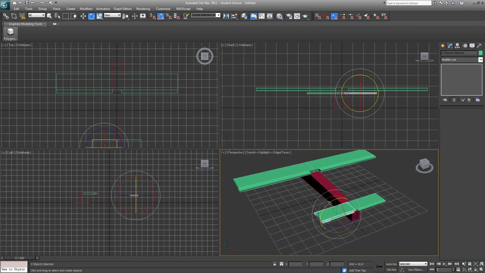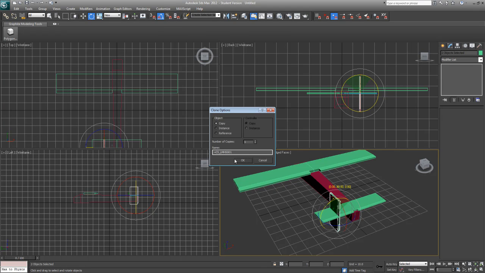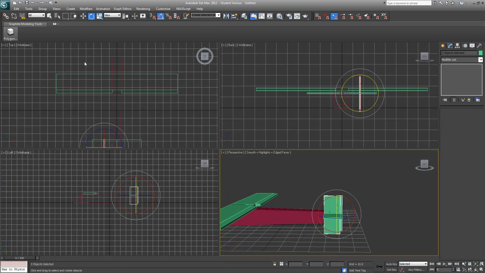So if I now grab the green handle here and I rotate it, you can see my degrees are by 5 degrees by default. But I don't want to steal this part and make it the rudder, so I'm going to hold the Shift key on the keyboard, and when I do that, I'll end up rotating a new part out. Stop at 90 and release the mouse, and I can't really name it right now because I have multiple parts. So I'm going to click OK, grab this Move tool,